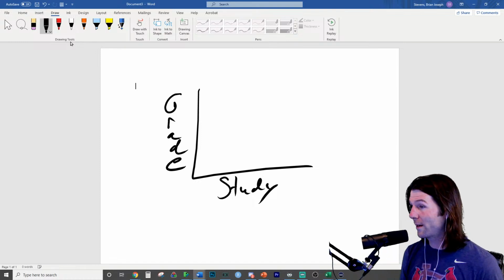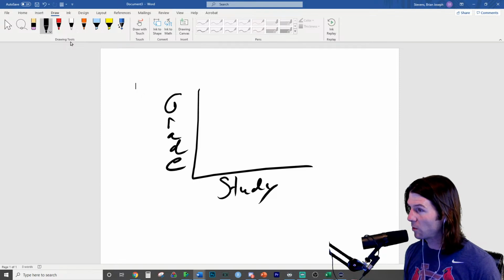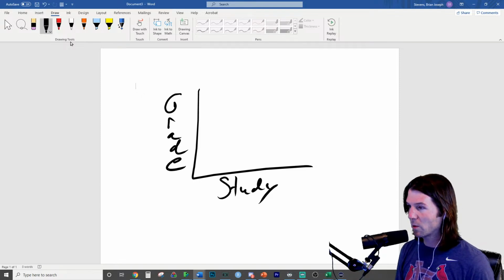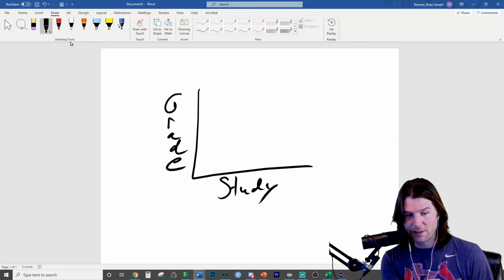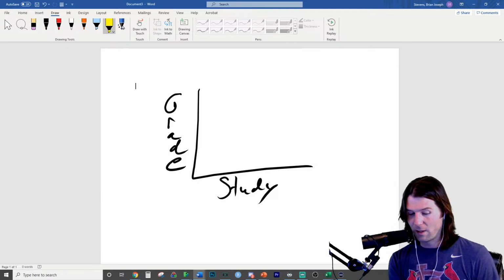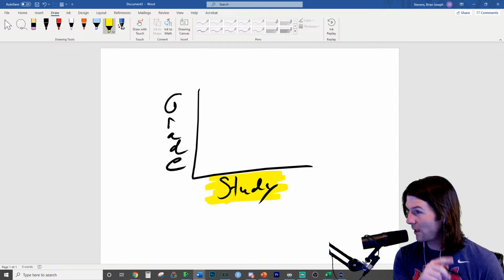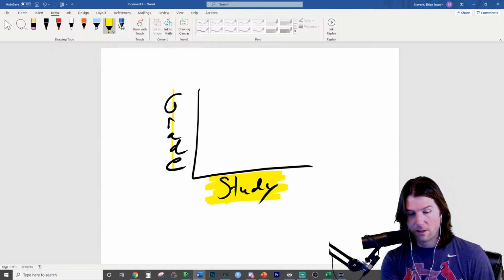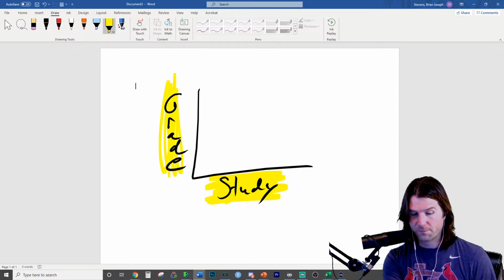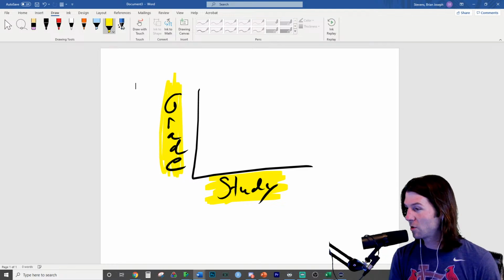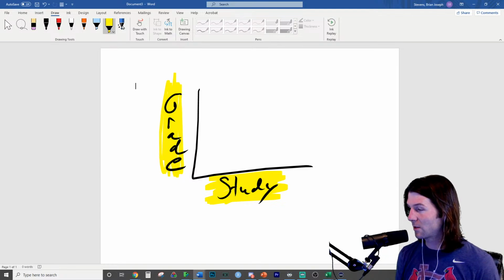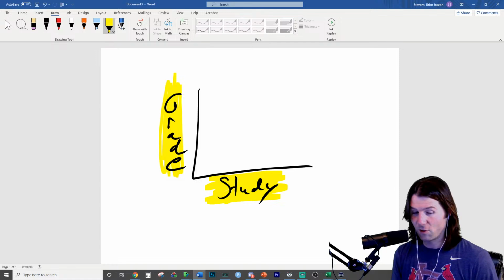So this is what's required to make a scatter plot. It's required that it be two quantitative variables. This is our review of the conditions. The more you say them, the more you practice them, they just get ingrained in your head. QQ means what about these variables? Two quantitative variables, exactly. Great answer. Two quantitative variables, Kayla, great job.